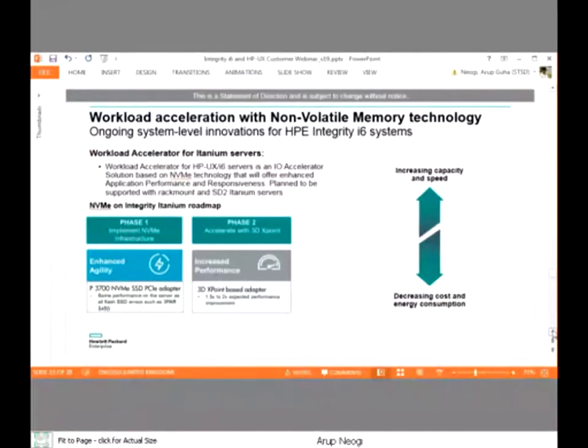What we understand is that your workloads will need to get seamless benefit of it, and we are investing in software to make all of these benefits related to the introduction of non-volatile memory technologies available seamlessly to applications. There are two phases of the solution that we are introducing right now. The first phase, which will be available in August, will bring a P3700-based solution. This solution is from Intel. We have an excellent partnership with Intel, both on the processor and on this technology. We are building on the P3700-based solution, and making that solution available with Kitson-based servers